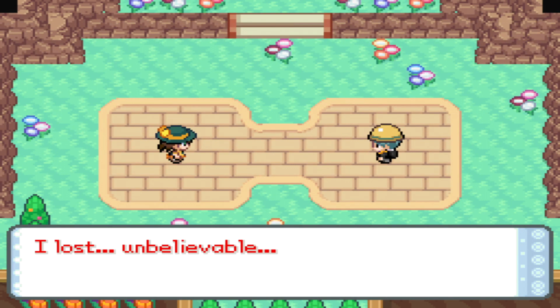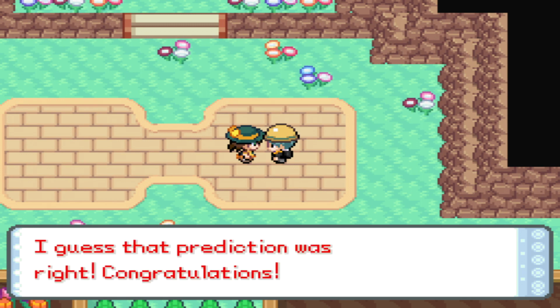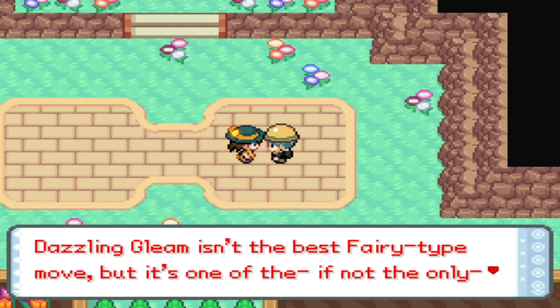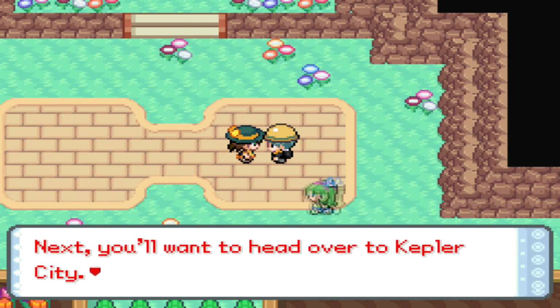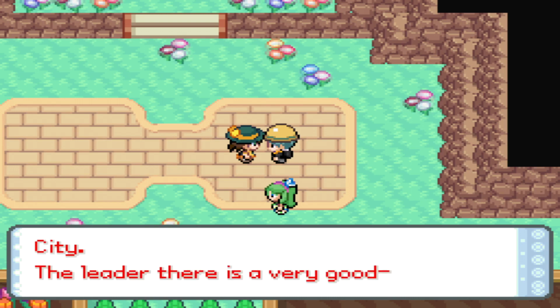I lost. Unbelievable. Back when I first met you, I had a hunch you would beat me one day. I guess that prediction was right. Congratulations. You can have this too. Dazzling Gleam isn't the best fairy type move, but it's one of, if not the only ones able to be taught by TM. It's definitely a great coverage move for your team. Next, you'll want to head over to Kepler City. The leader there is a very good...